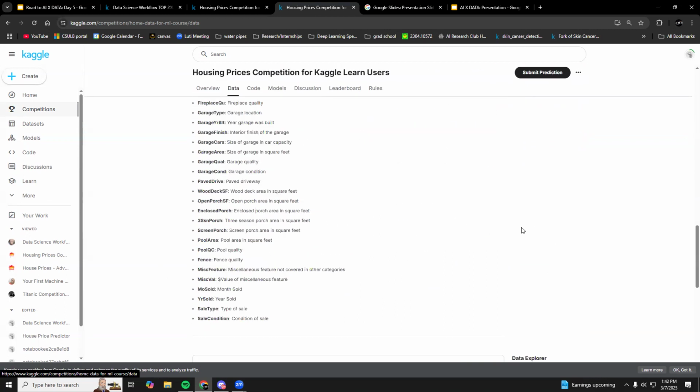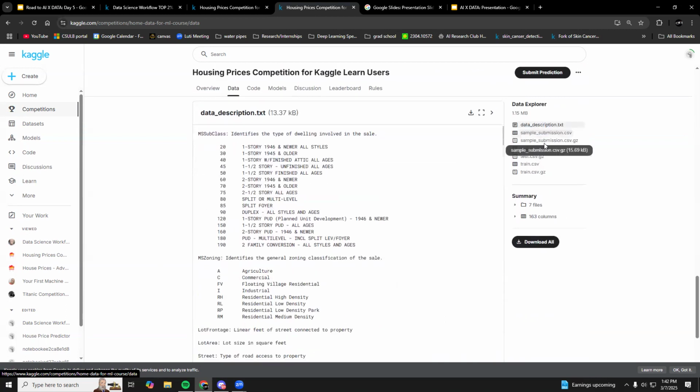At the very bottom of the data page, you're going to be able to download the different CSVs. This one has a lot, but for the competition that we give you tomorrow, you should expect just a training CSV, a test CSV, and, if it's vision, a zipped folder of images, for example.